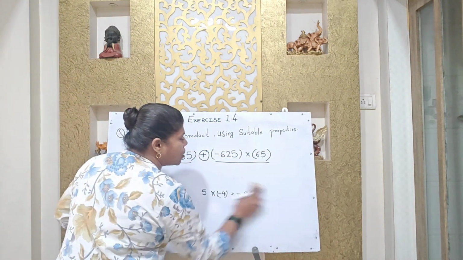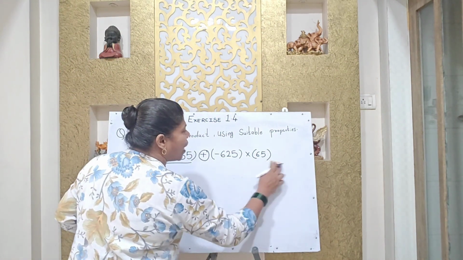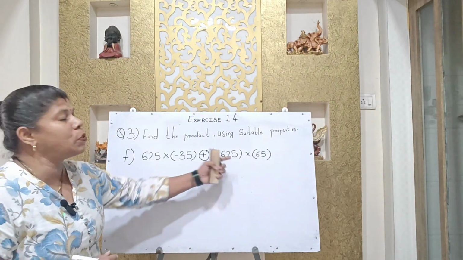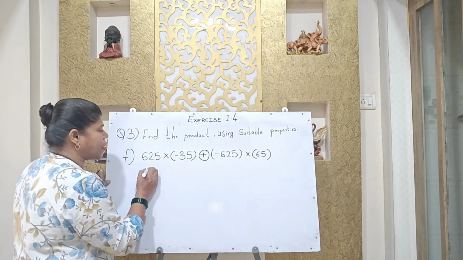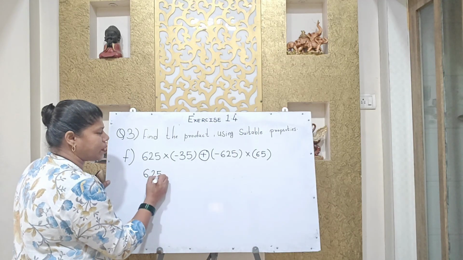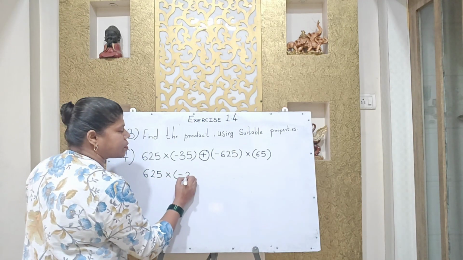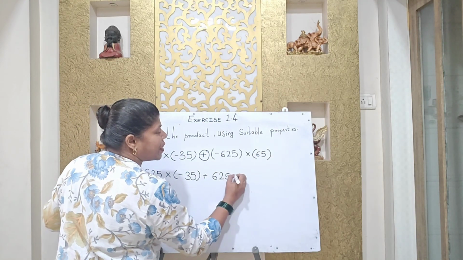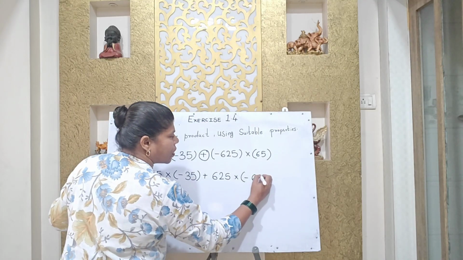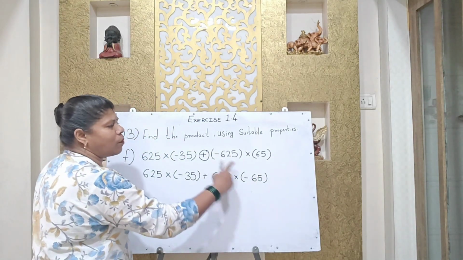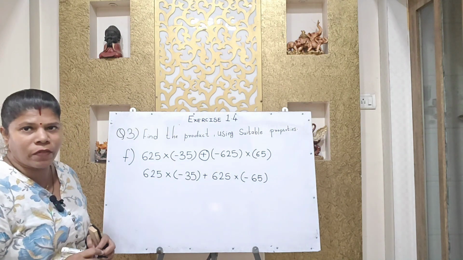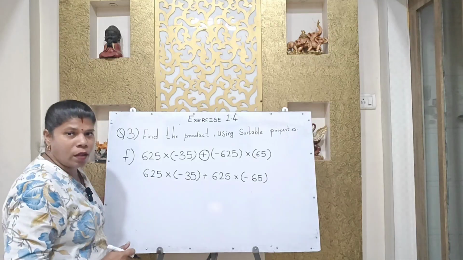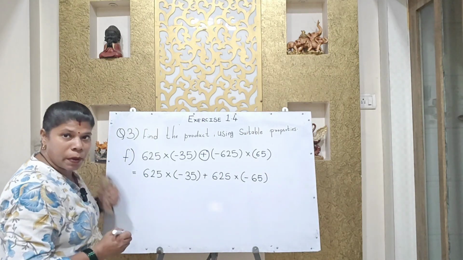So first I'll make these two numbers equal. How? By exchanging their signs. हम साइन एक्सचेंज करके इन दोनों नंबर्स को इक्वल कर सकते हैं, जो कि हमारे इस सम की जरूरत है. 625 multiply by minus 35 plus, now I'll write 625. मैंने जो माइनस का साइन था वो 65 को दे दिया. अभी ये दोनों भी नंबर पॉजिटिव हो गए. यस, अगर ये पॉजिटिव हो गए तो ये सिमिलर भी हो गए.